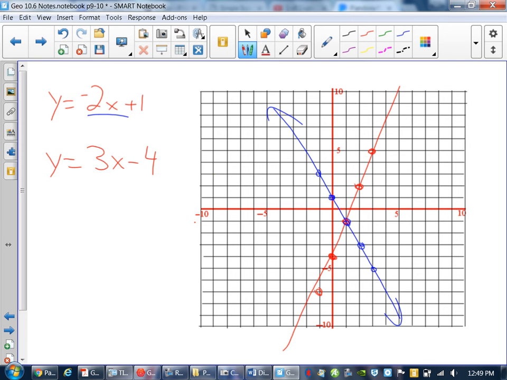And you see how those two values intersected at an ordered pair. That ordered pair would be called then a solution set. It was a set of values where if you substitute in that x value for either equation, it'll generate the same y value for either equation. It meant that at 1, negative 1, negative 2 times 1 plus 1, well, that equals negative 1. 3 times 1 minus 4 is negative 1. That meant that